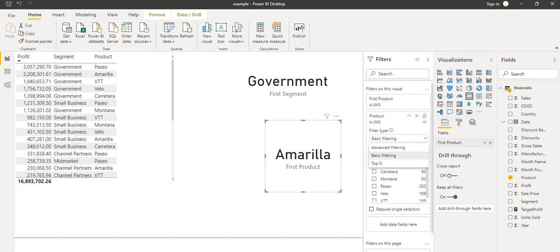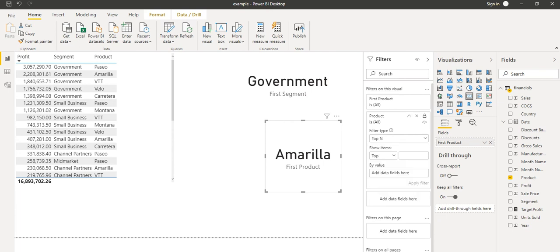Our requirement is the top first record. So let's click on Top N, and which record count do you want? We want one. And by which value? The profit. So let's select the profit and apply the filter, and we will get Paseo. This is the product name with the highest profit.